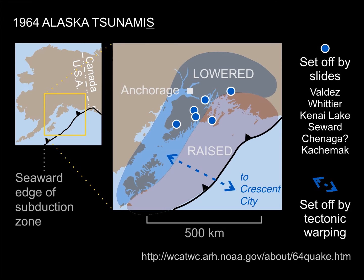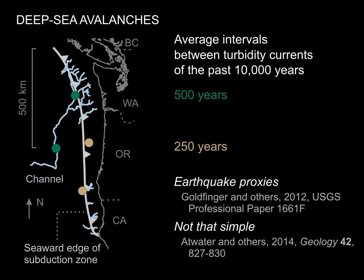In terms of how often they happen and how much gambling you kind of want to do on the odds, there have been some numbers bandied about how there's a 1 in 3 chance in the next 50 years. That's based on the estimates from deep sea work off of central and southern Oregon primarily. And this is really exciting and promising work. The findings haven't been replicated by other research groups yet, and it's a fairly complicated kind of recording system for earthquakes. So these numbers may change with time, but in any case, at the southern Washington latitude,